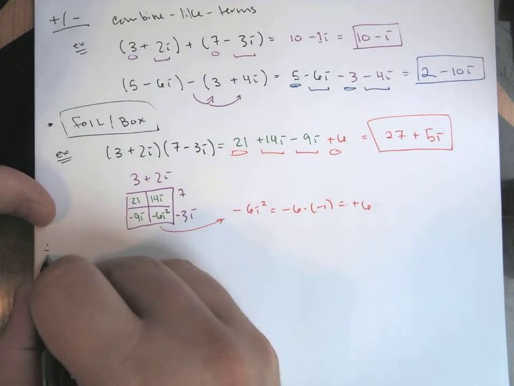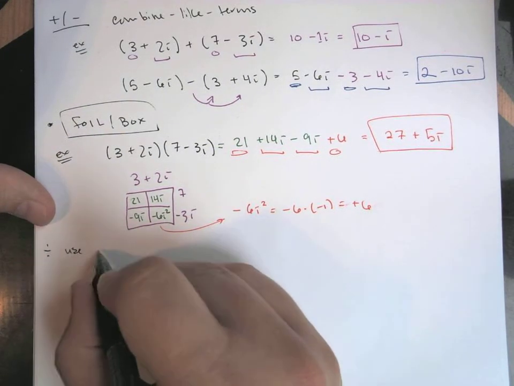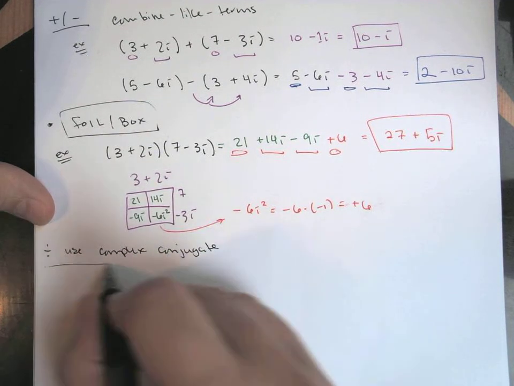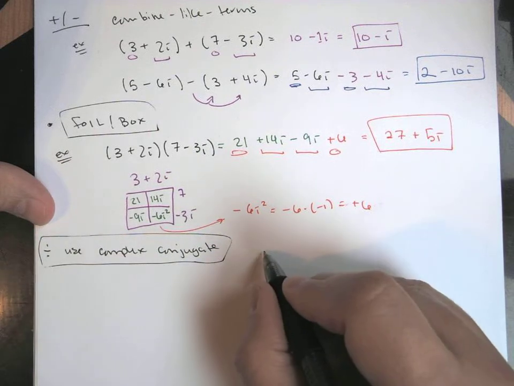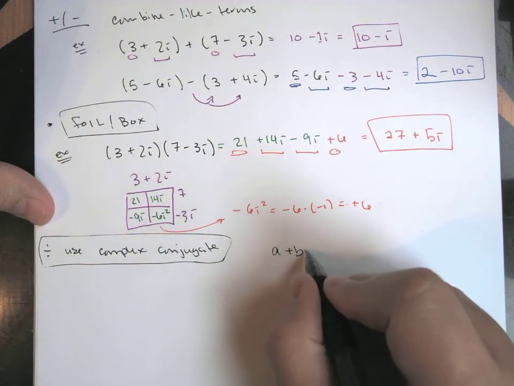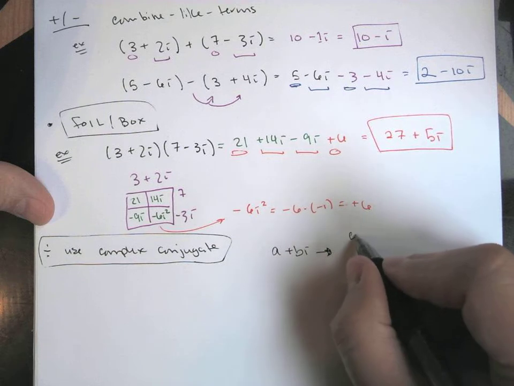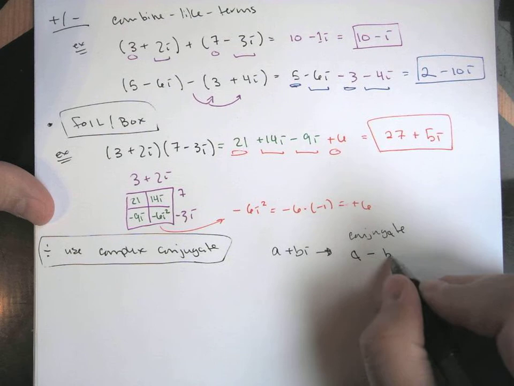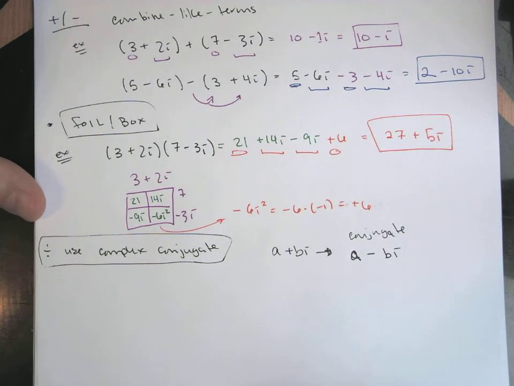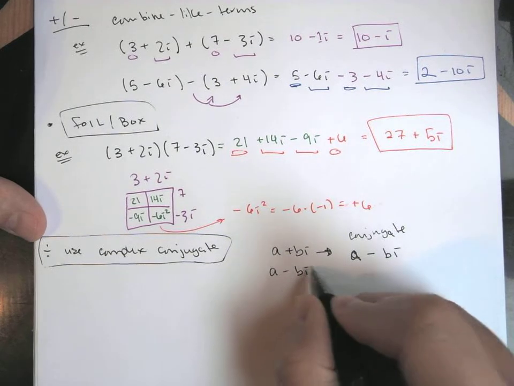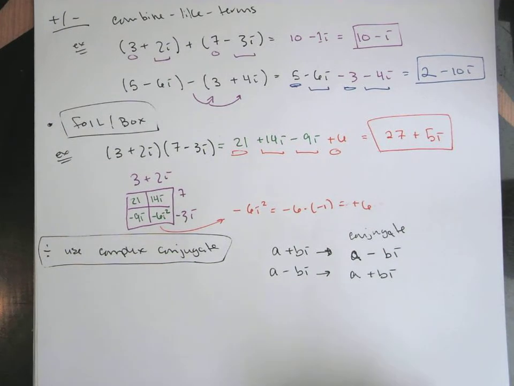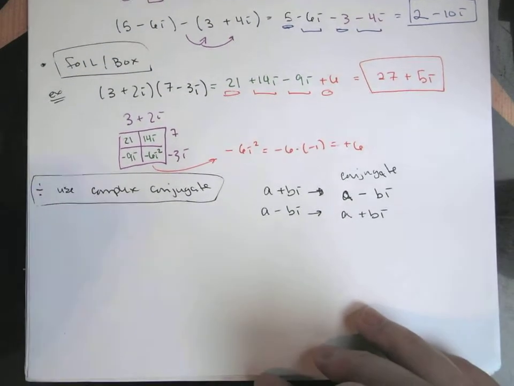For division, what we're going to do is use what we call the complex conjugate. So if you've got a plus bi, the conjugate is going to be a minus bi. So same numbers, you're just flipping the sign, or flipping the operation from plus to minus. If you started with a minus bi, then this would be a plus bi. So the conjugate is the same terms, you're just flipping the operation in the middle, plus to minus,